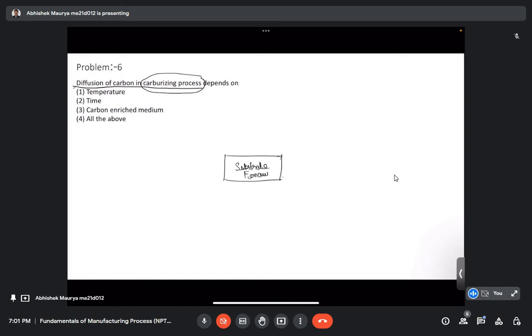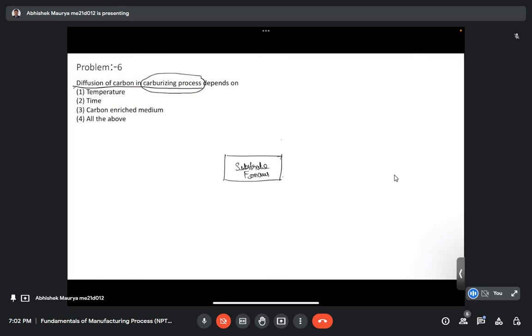And we know, especially for ferrous material, if we increase the carbon content, then its hardness improves, or the hardness of ferrous material increases by increasing the percentage of carbon to a certain limit. So for that, what we do, we try to,